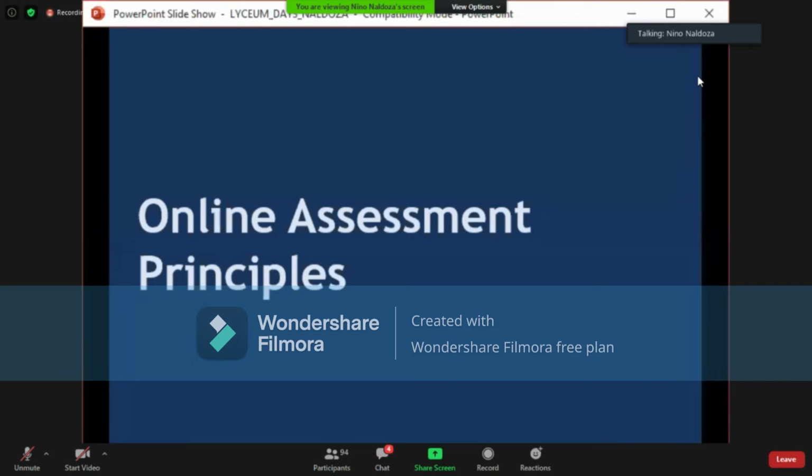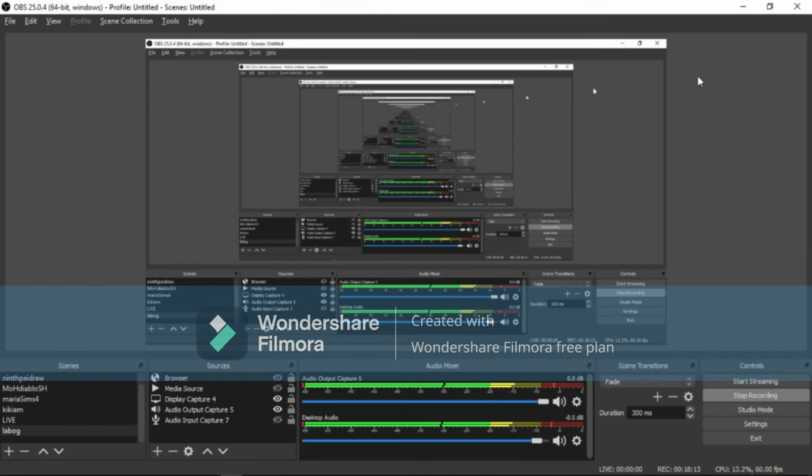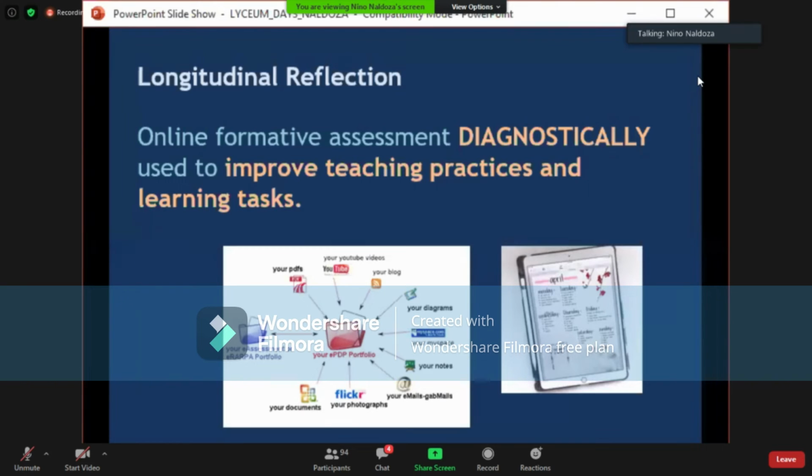These are the things that everyone and we should remember in using or in applying online assessment. First one is a longitudinal reflection. The idea that in our mind, we are always diagnosing, we're always doing what we call diagnostic assessment. Meaning to say, iniisip natin ang bata lagi na meron itong existing na problema and there's always an existing need that needs to be addressed.